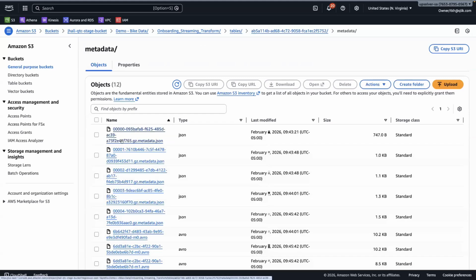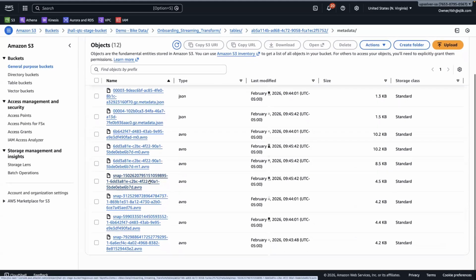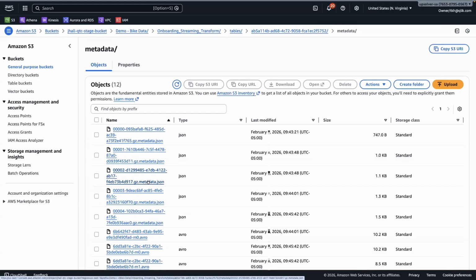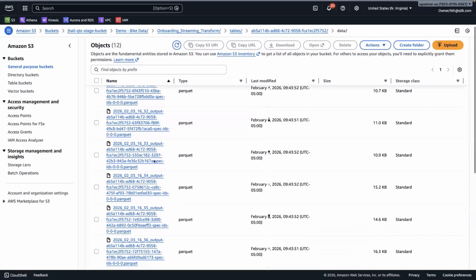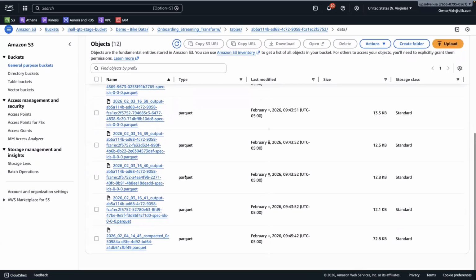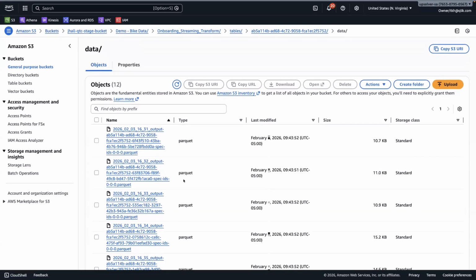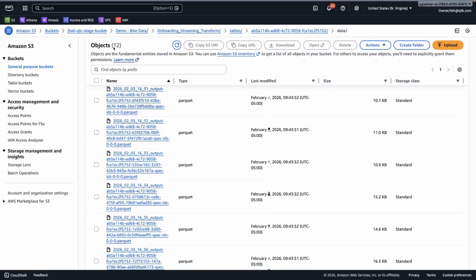So within Iceberg, you've got metadata. These are all of those snapshot files that I referenced in the slides that are processed when data is written into Iceberg. If we go back a level into the data directory, you can also see lots of Parquet files here. Every time we write into Iceberg, it generates a small file that makes up a part of the table. So after even just a few minutes worth of ingestion, we've got 12 files that are going to need to be compacted so that this table runs more efficiently.